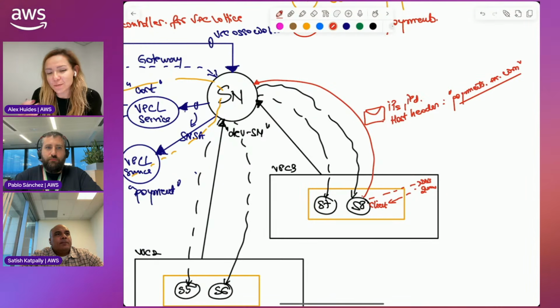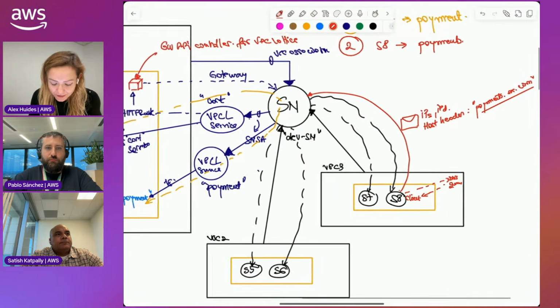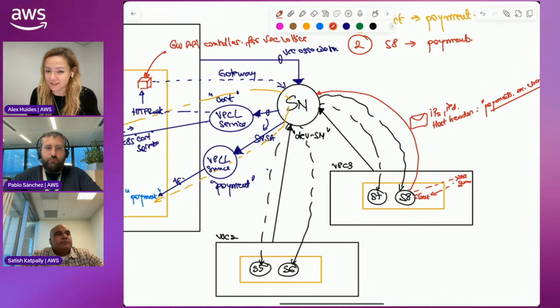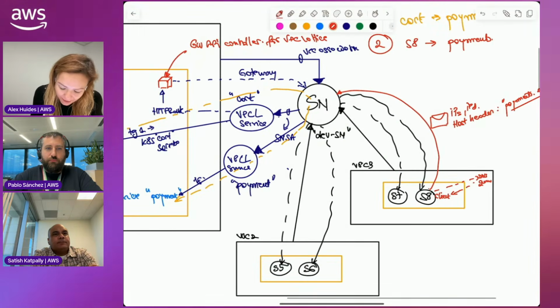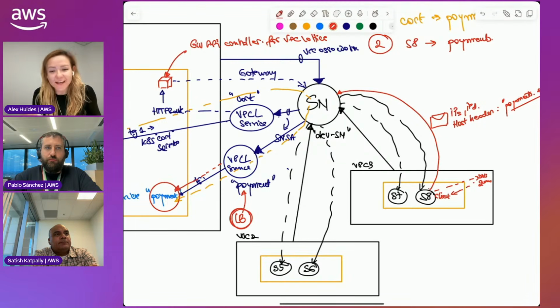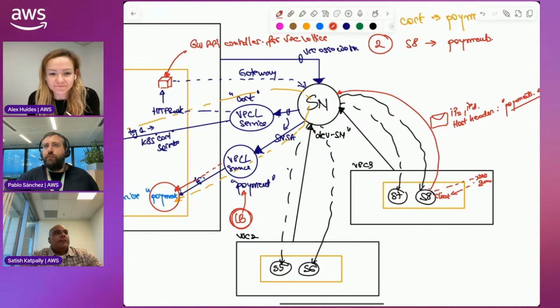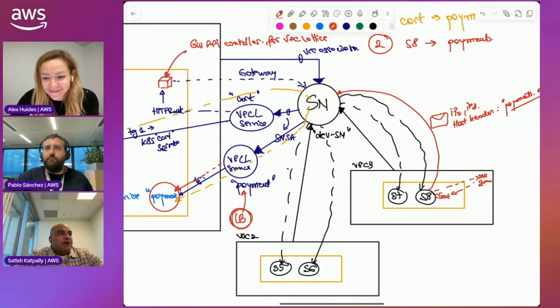So it looks at the host header and says, okay, we need to get you to payments. Is payments.example.com a service associated with this service network? Yes, it is. So Lattice looks at the host header and says, okay, host header matches this service. So it's going to send that traffic to the target in the target group. And here's where the load balancer piece is, right? The Lattice service in itself.